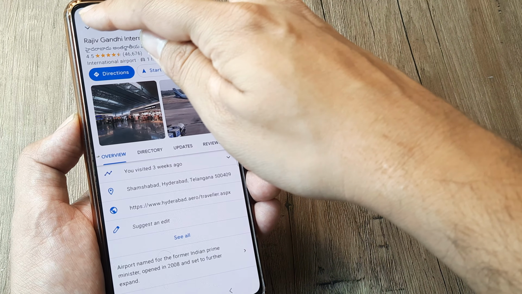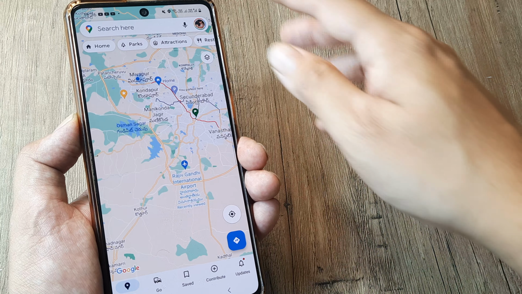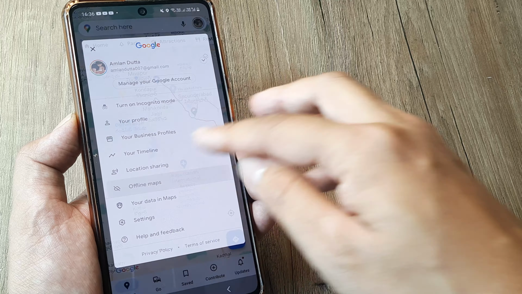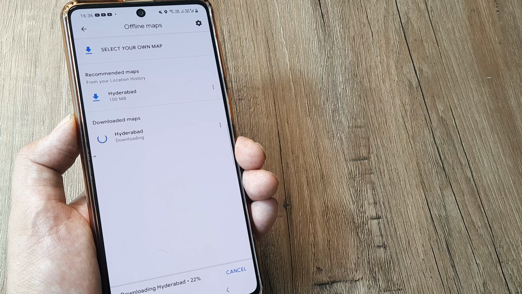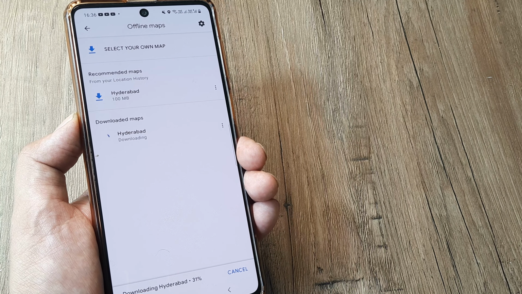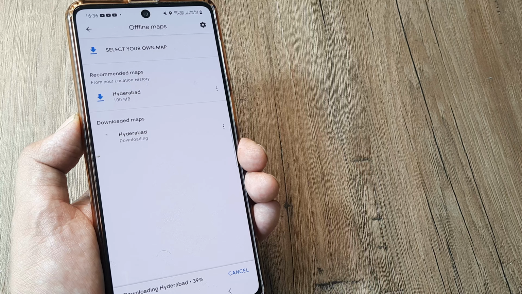I will just show you where to access this because that's more important. So you just go out of all this, and this is basically the home interface, and you tap on the profile icon and this is where you actually get to see this. Now while this happens in the backend, we will simply pause for some time and resume once it's done, and then we will go offline and show you how the whole thing works.